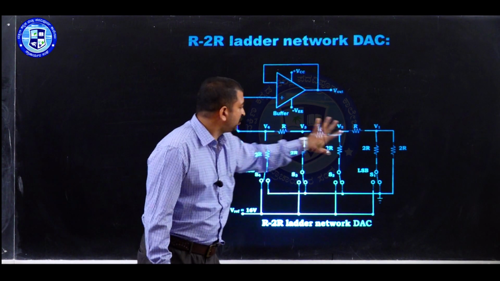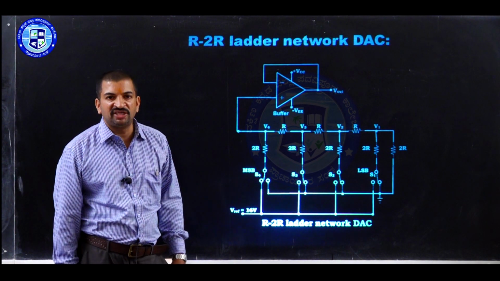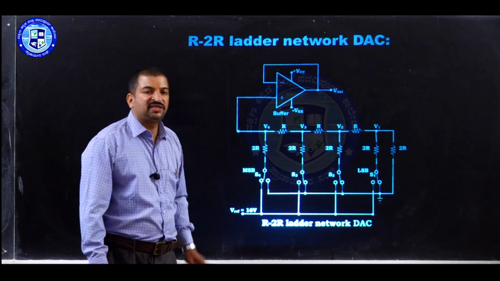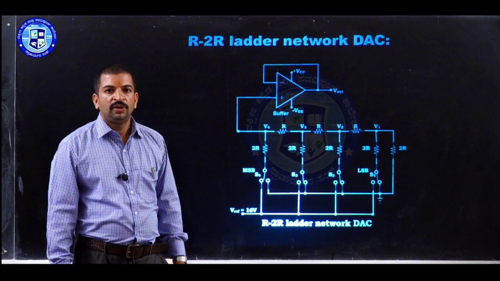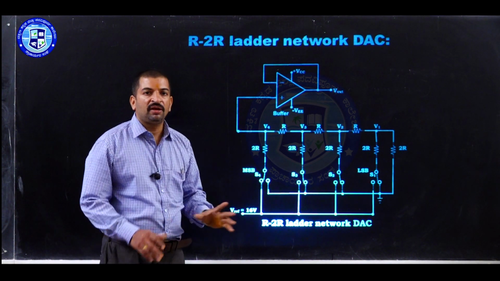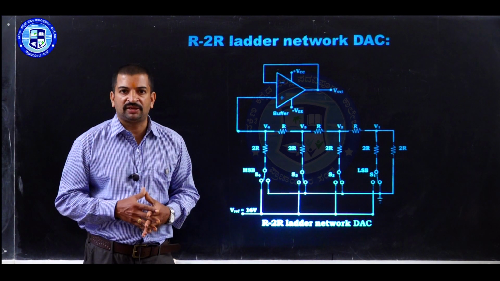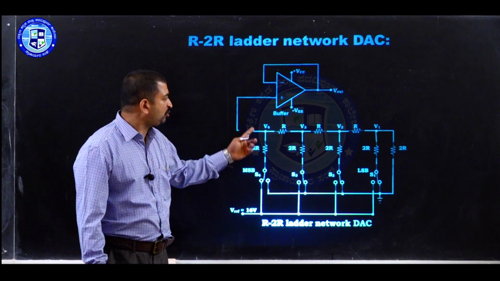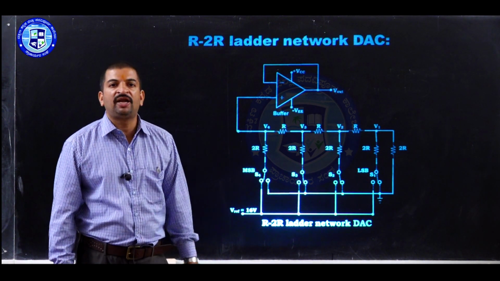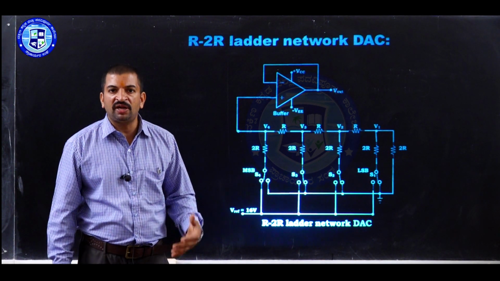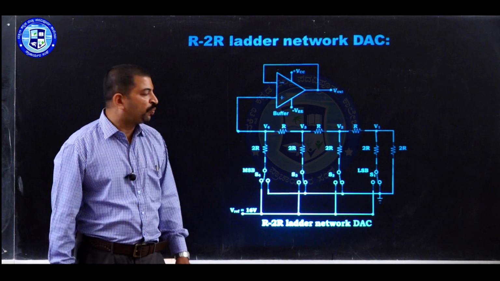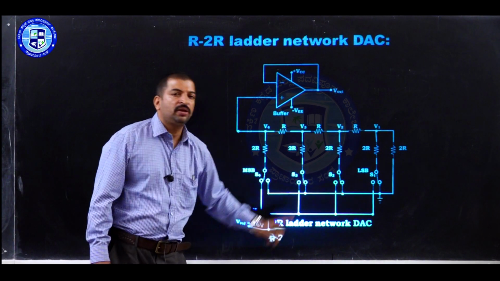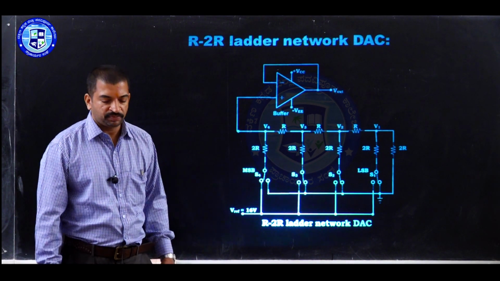So now the entire circuit can be replaced by two resistors, 2R in series with 2R, connected across the plus 16 volt battery. Now the voltage across the input terminal is equal to half of the applied voltage, that is 16 volt divided by 2, which is equal to 8 volt. The actual input voltage to the buffer is now 8 volts. Therefore, the output voltage becomes equal to 8 volts. So when the digital inputs are 1000, the output voltage becomes 8 volts.